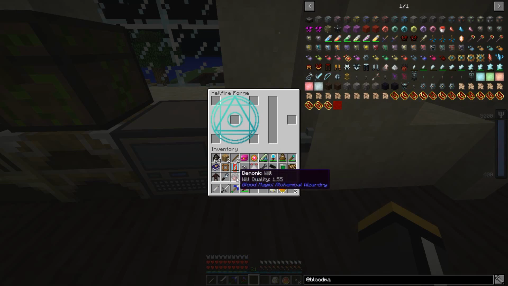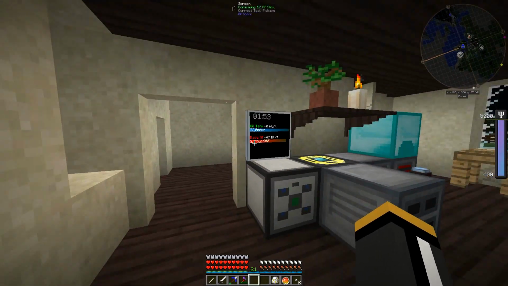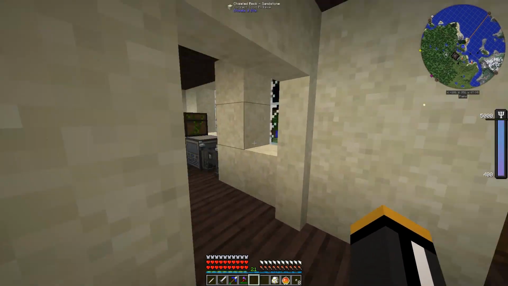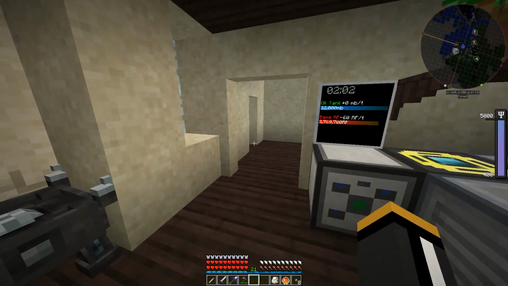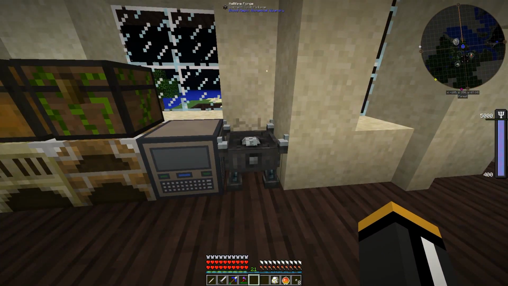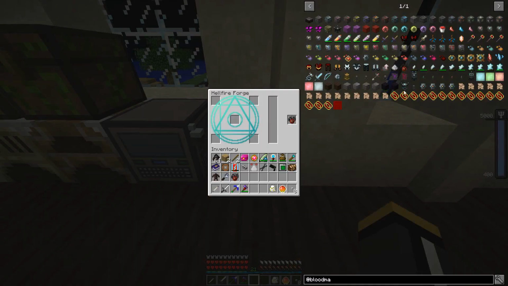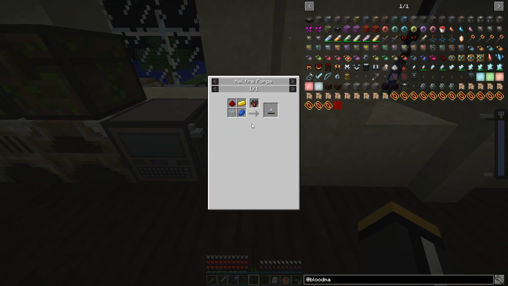So the demonic wills are kind of like our source of energy. It's the will of the demons, and it's a source of energy. There's basically 2 sources of energy in blood magic now. There's the demonic wills, and then there's the LP, the life power, which is kind of the blood of the blood magic. So one of the first things I want to do is make 2 of these